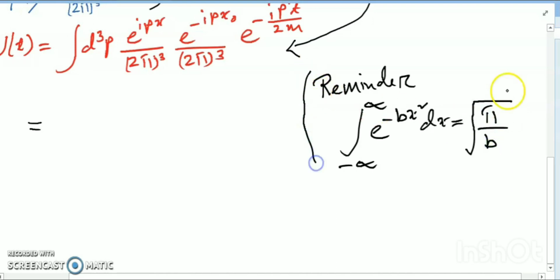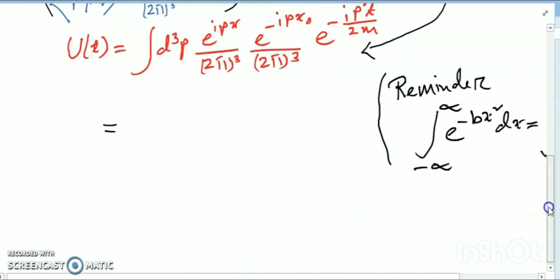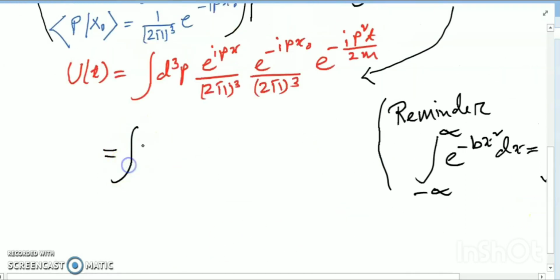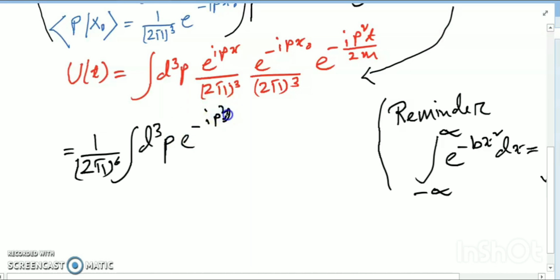I can write it this way, simplifying further: 1 by 2 pi whole to the power 6, and d cube p e to the power i p t square divided by 2m plus i p x minus x0. Okay, this property I just used in here. So now